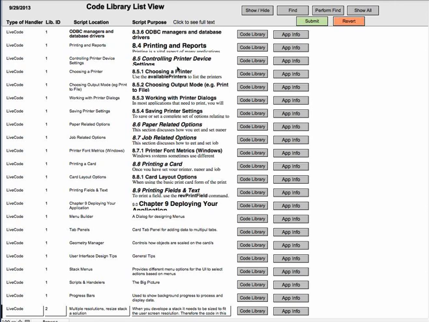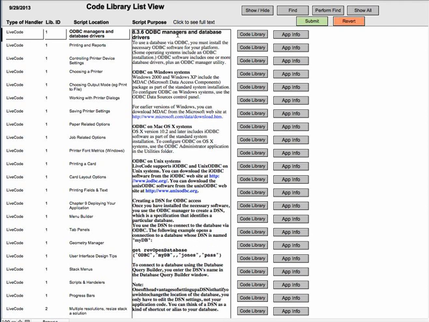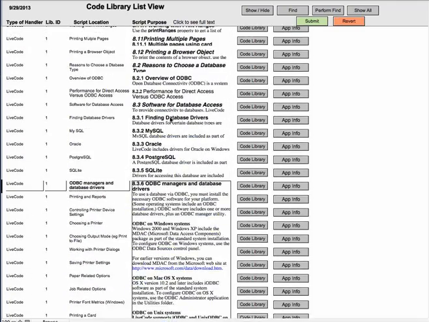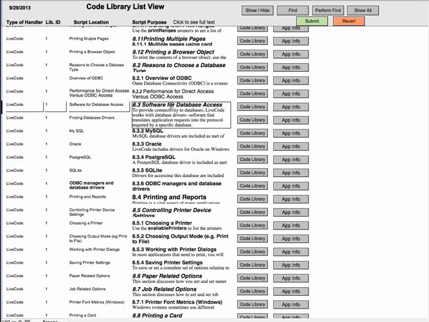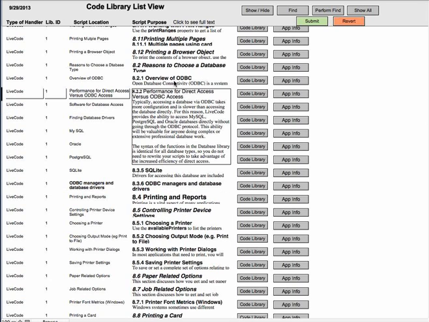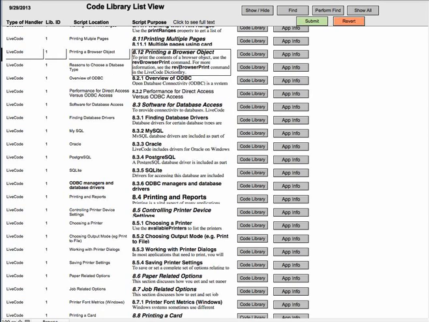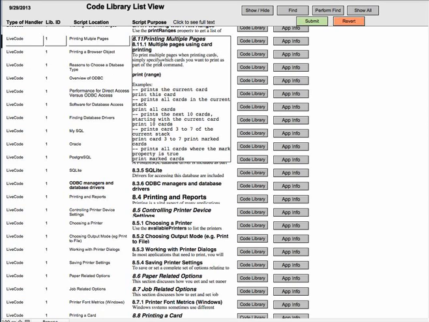The code library list view is a listing of all the area for the portal information that you'd see in the tabbed area. And this is the basic place where if you're looking for something in the tabbed area and you click on it, you can see that it'll actually drop down and show you all the information in that particular field if you wanted to read it. And in this case, you can see where I have all the topics for the user guide in here, and you can just click on those and get a quick reference as to what is in that particular piece of